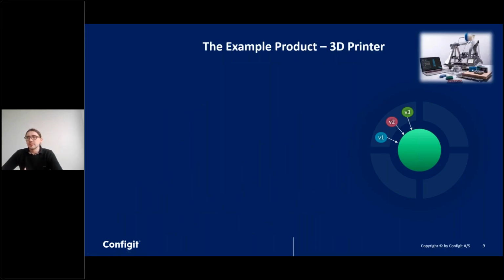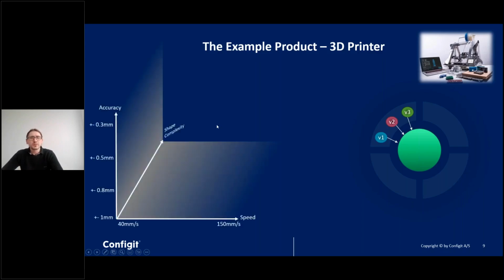Today I will use an example product, and the example will be a 3D printer, something similar to the one here, which is maybe more for home usage, but there are also a lot of 3D printers for commercial usage available. They all are quite similar from the technology point of view. And when we talk about key features or capabilities of it, then it is something that improves over the